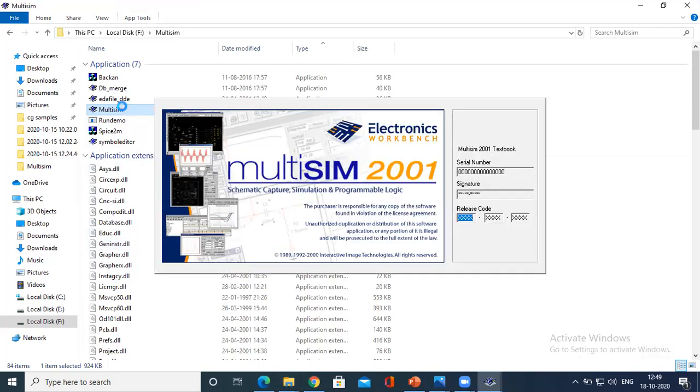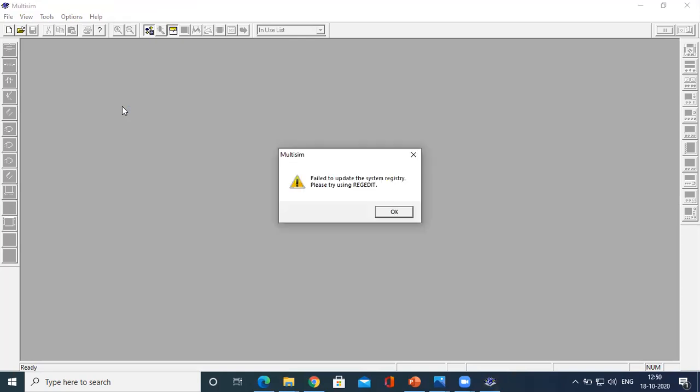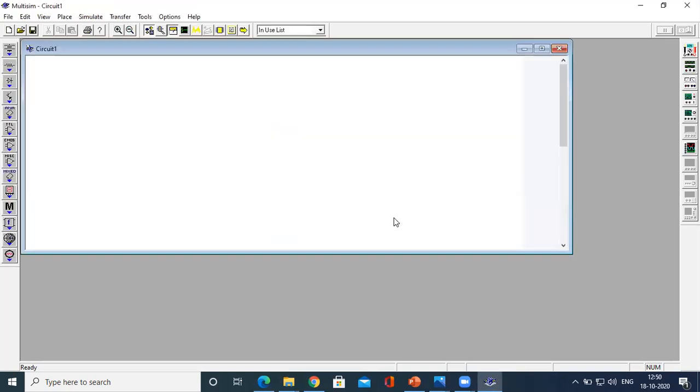Now you could see the interface of Multisim. When you double click, an interface of Multisim 2001 will open. Even the installation is quite easy. Now, you could see the screen.